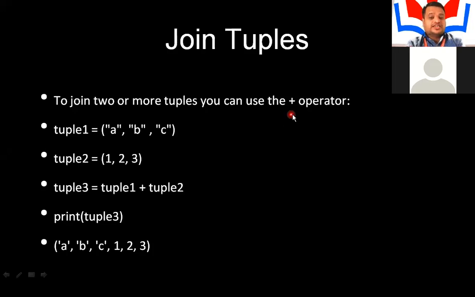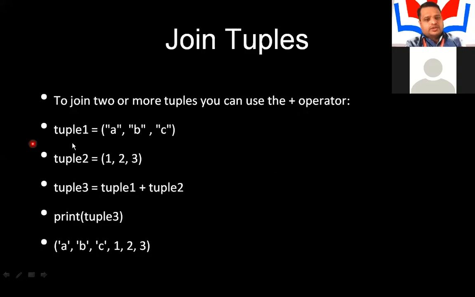That's why we call the plus operator a concatenation operator in strings. Probably in the third chapter we saw that in order to concatenate one or more strings, we use the plus operator. Similarly, in order to join two or more tuples, we will be using the plus operator. Now how to join two tuples? Let us consider the example here.